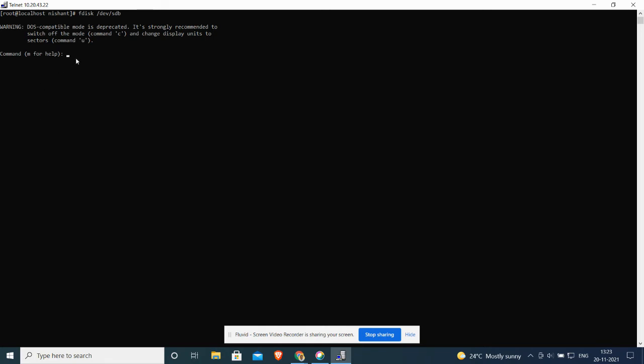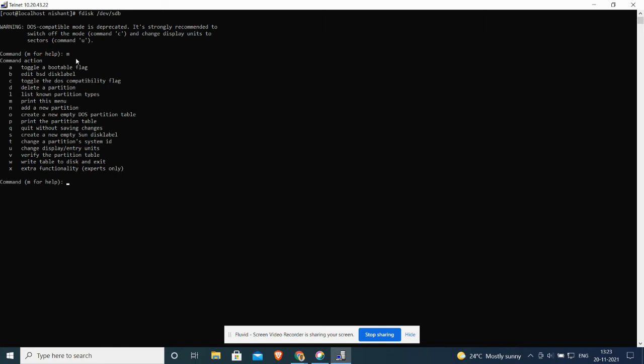Now there are different options when this utility has started, that is fdisk. We'll be using these help commands, these options, to create new partitions. What are the different options available? Let's type M over here and see.